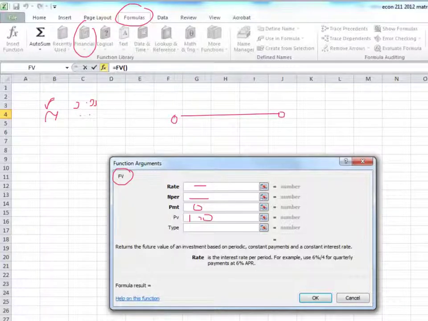Okay, now the question is, Professor Grimer asked me to talk about the present value, and I'm talking about the future value. So what would you do if you had to do it for present value? You basically go to the same place in Excel, but this time you're going to find something that says present value. The difference between this box and that box is that, because it is going to calculate the present value for you, instead of present value here, it will have future value. So if I want to know what $1,000 in the future is worth today, present,